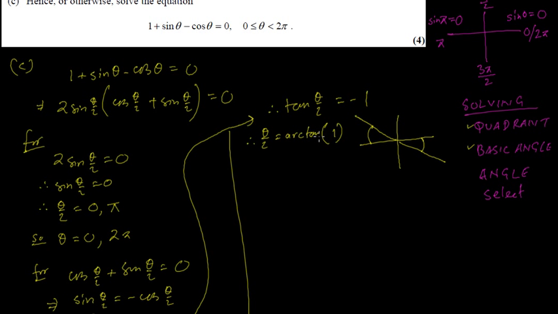So arc tan is the same as writing it as, which most people are used to, tan inverse of 1, which is 45 degree. You should have it memorized. 45 degree means pi by 4. Remember, this has to be done in radian format, so you think in degrees but write in radian. So step 3, basic angle. So if this is pi by 4 and this is pi by 4, the basic angles,